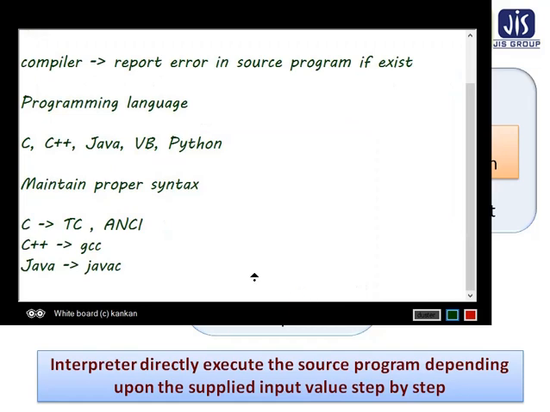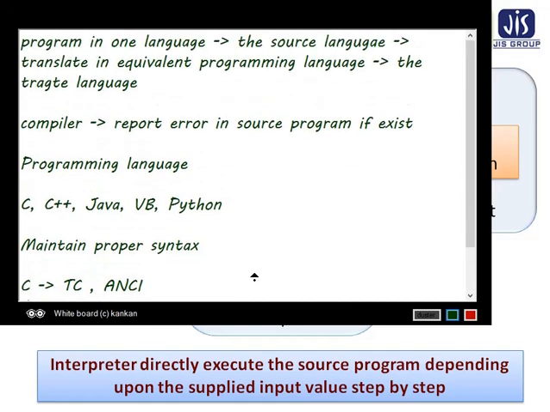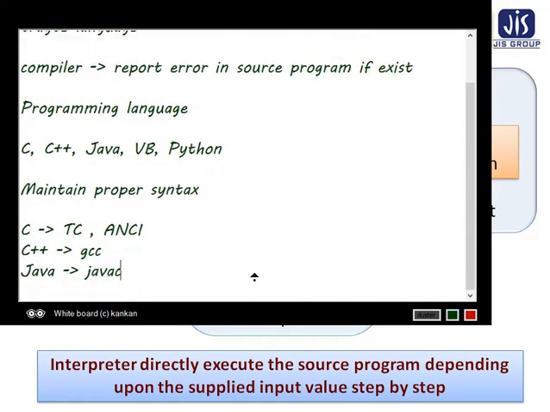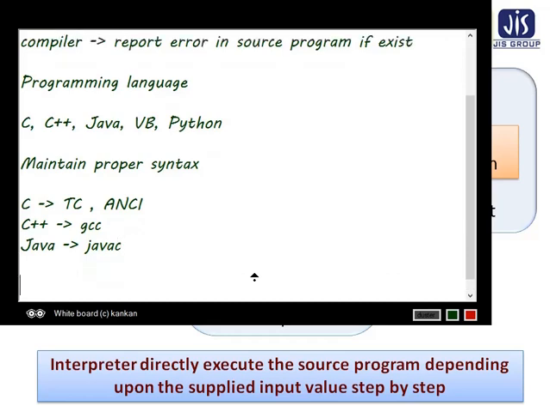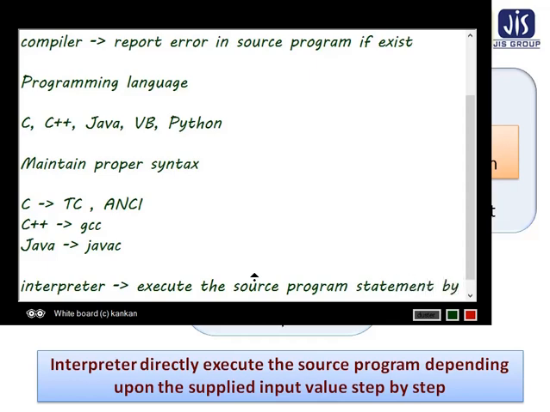So what have we learned about the interpreter? The interpreter will execute the source program statement by statement.